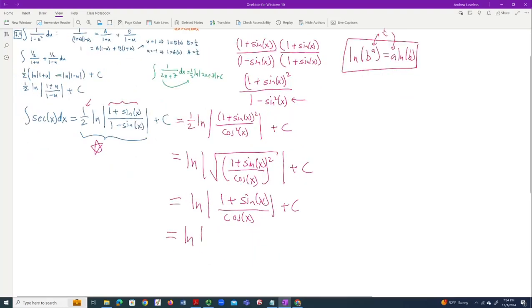We can separate these: 1 over cosine. And the truth is, none of these answers is better than the other. They're just trying to get the most compact answer so they can easily type it in their book. This is secant. This is tangent. And that's the modern way this is written. So it's the log of secant